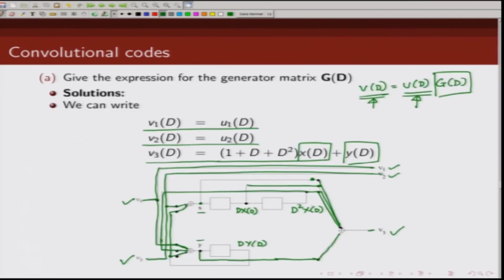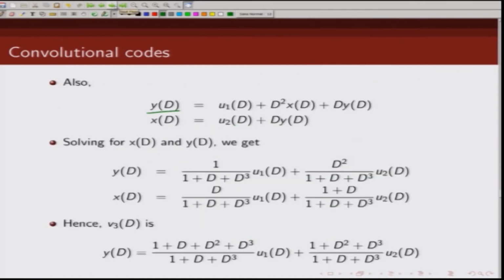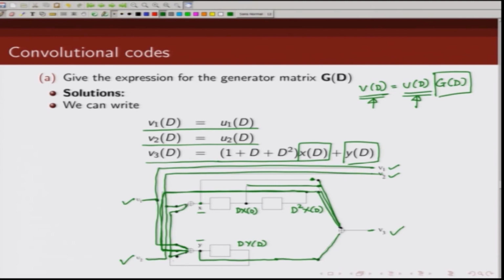D square x of d is this term, which is coming here, and this other term here, which is d times y of d. So, d times y of d, note here the third input is this one, which is d times y of d. Similarly, x of d, the first one is this term,